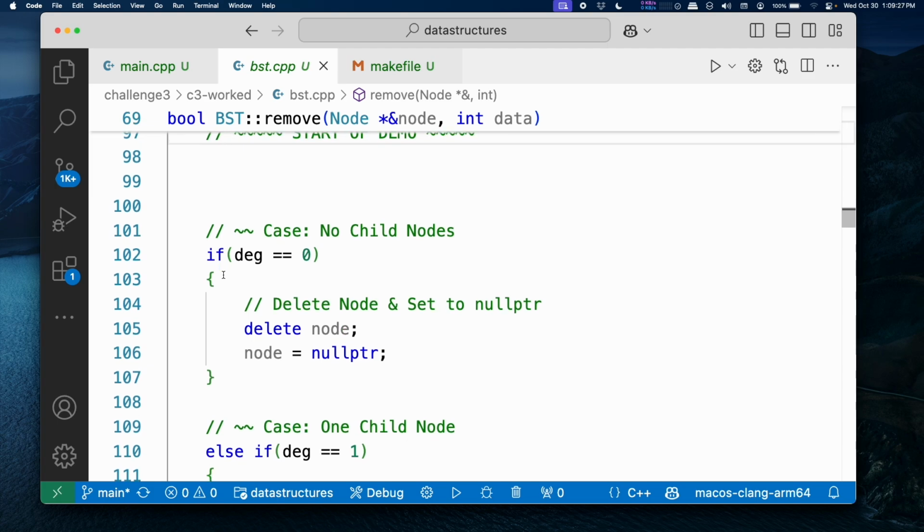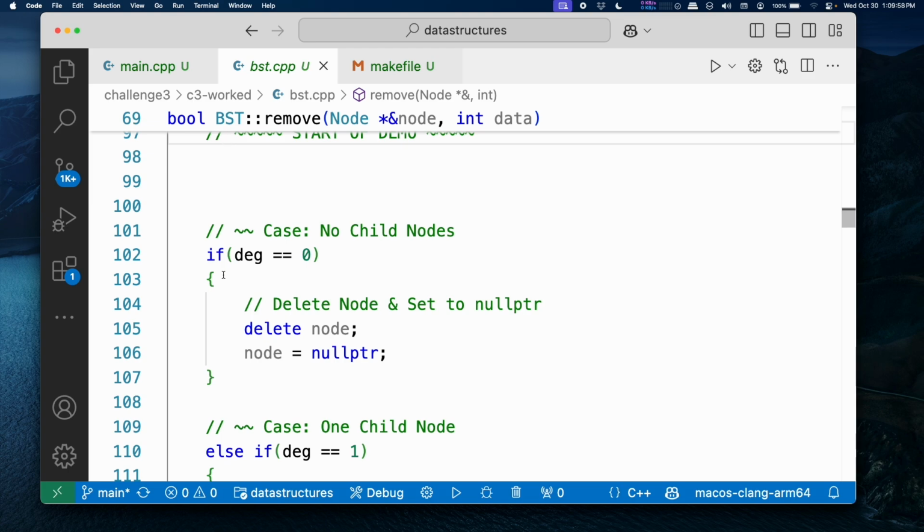It's possible that Jacob or whoever's grading you will ask you to write this entire function. I'm not sure that they will because of time, but it's a lot of lines of code, especially when it's blown up like this. But if you remember back when we looked at binary search trees, there are just 3 different cases to handle whenever you delete a node from the binary search tree. And so that's all this is doing, is just handling each of those cases.